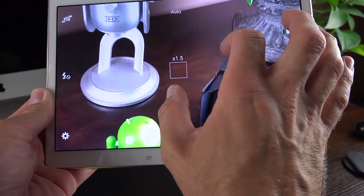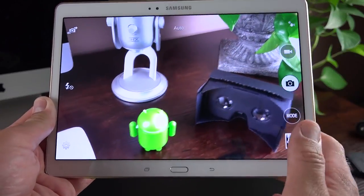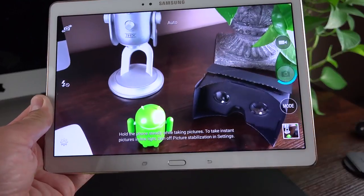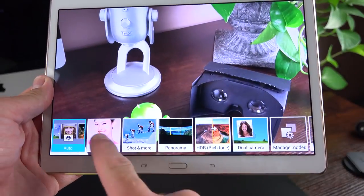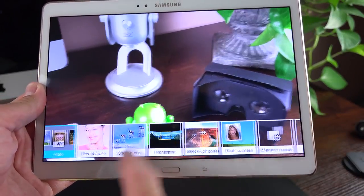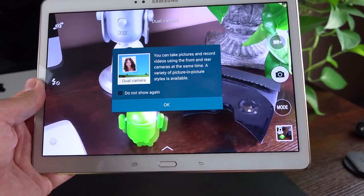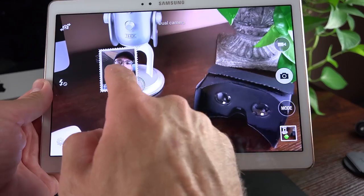You can pinch in and out to zoom, which is just digital cropping, of course. Tap anywhere on the scene to focus, and you can see it's pretty quick. It takes photos pretty quickly. Now we also have our mode selector here, so you can see we have auto, beauty, face, shot, more, panorama, rich tone, and dual camera mode. Dual camera mode allows you to record both the front-facing and rear-facing camera at the same time, so there you